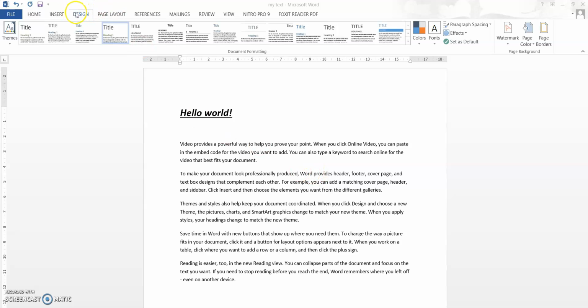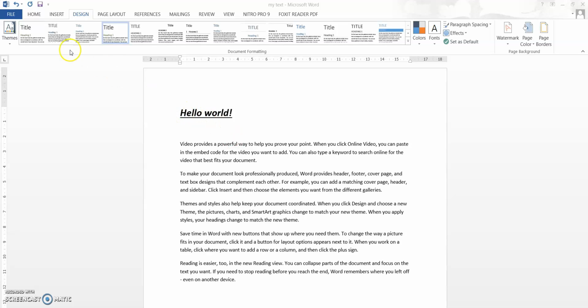This design tab is a predefined tab inside MS Word, and it also appears as an extra tab if you want to do some intricate corrections, like what we saw when we added an image. You can see the image design, layout and format, those were the two extra tabs. Like that, the design tab is also an extra tab when you select certain kinds of text or certain kinds of headings. Many things are available.